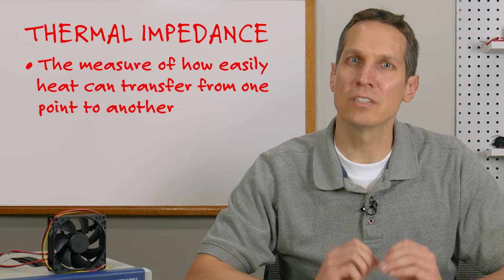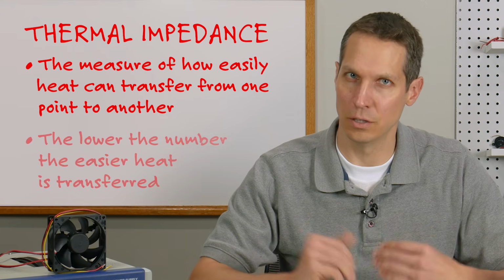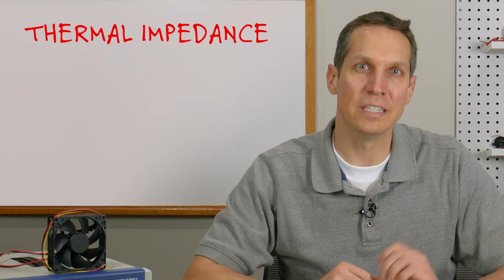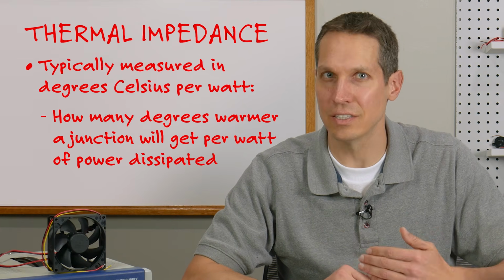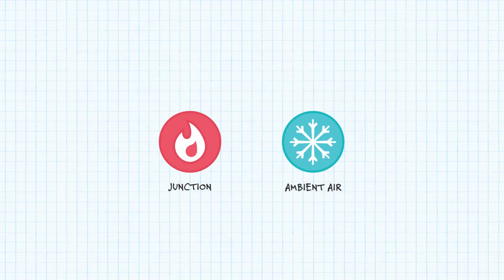Thermal impedance is just the measure of how easily heat can transfer from one point to another. The lower the number, the easier heat is transferred. This is typically measured in degrees Celsius per watt, which tells us how many degrees warmer, in Celsius, a junction will get per watt of power dissipated. With each device, you should have access to a datasheet that will provide you the value of the different thermal